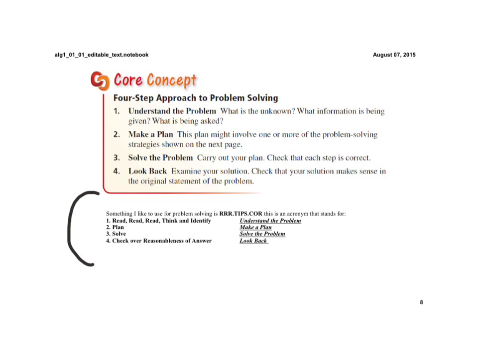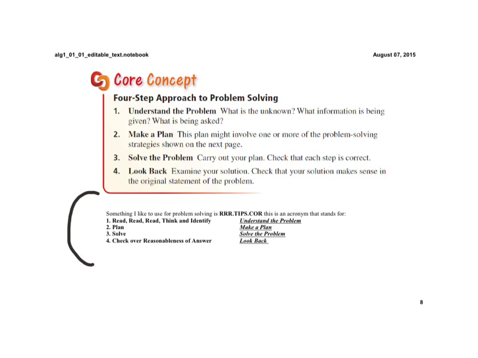It's RRR.TIPS.CORE, and it's just the acronym that we use to recall that: read, think, and identify. And so we have to read the problem as many times as we need to, think about it, and identify what we need to know in order to understand the problem. Then we're going to make the plan. Then we're going to solve it. And then probably the most important part is to check over the reasonableness of the answer. And if we can do those things, then you're usually going to be pretty successful with any type of problem